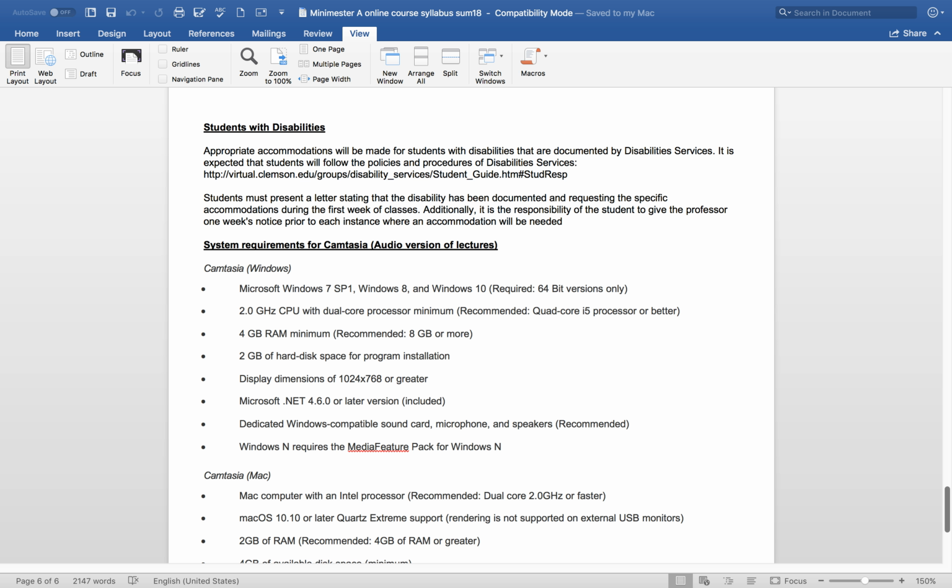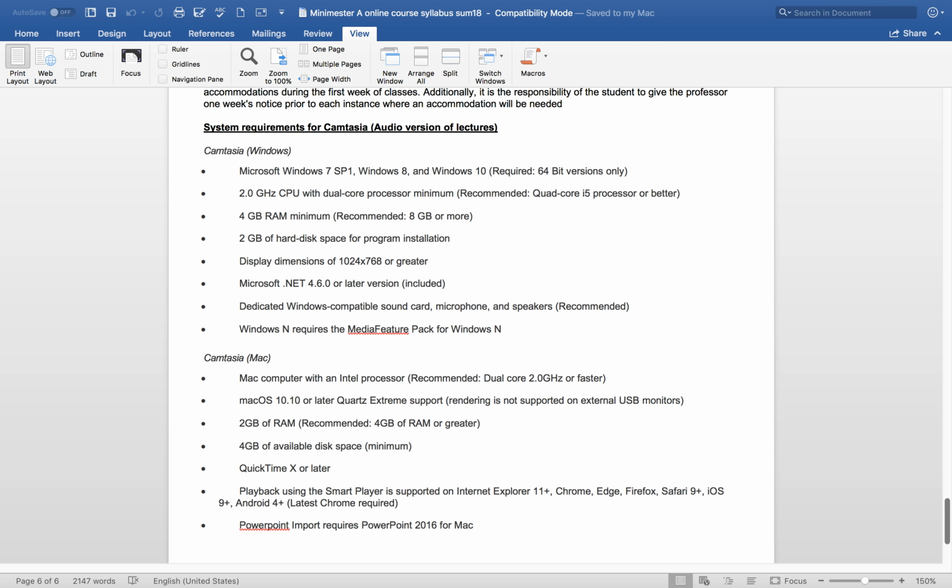If you have a disability, I have the link for disability services in the syllabus, but please feel free to contact me if you're having problems setting things up. I will need a letter if you need an accommodation that requires something other than the time that I'm already giving you for the test, and I'm more than happy to work with you. So please let me know if there's anything I can do to support you, and I'll be glad to do so.